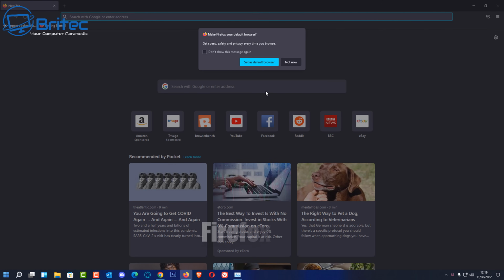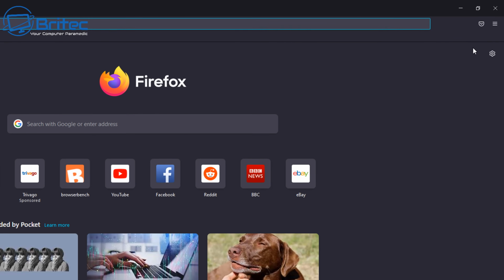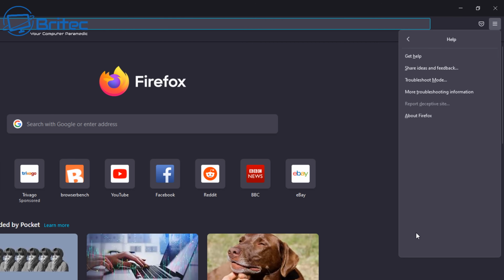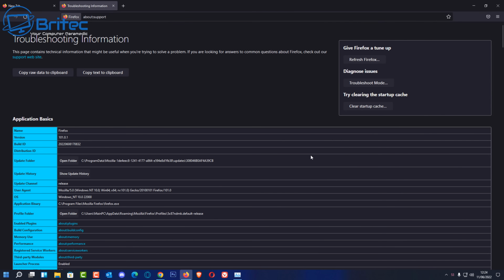Let's move on to Firefox here, and on Firefox we're going to go up to the burger bar, or three lines, or whatever you want to call that menu up the top here. So hit this one here, and on there we're going to go down to where it says Help. Click Help, and then what you're looking for is More troubleshooting information. Click on this one, and inside here on the right hand side up the very top, you will see